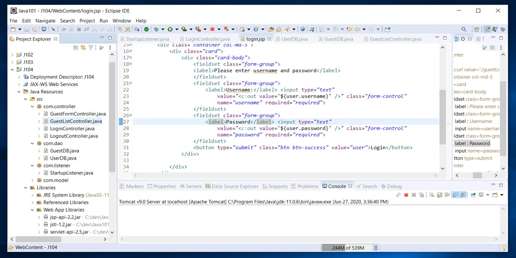For example, I have put all the controllers under com.controller, and the database related files under com.dao. I have a listener under the com.listener package, and I have a few models, and these are under